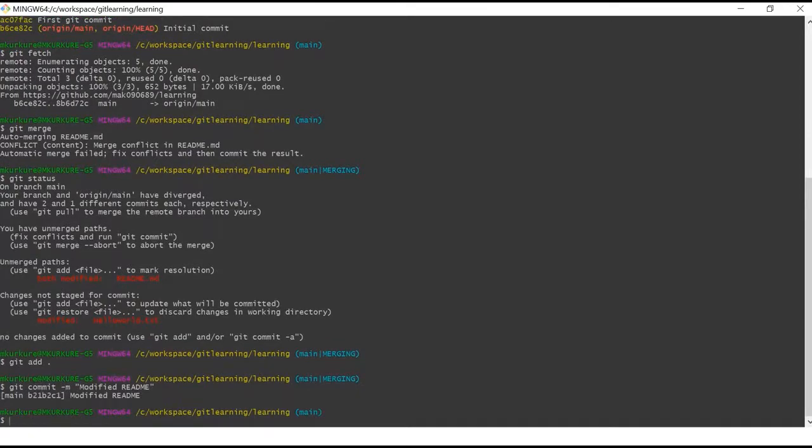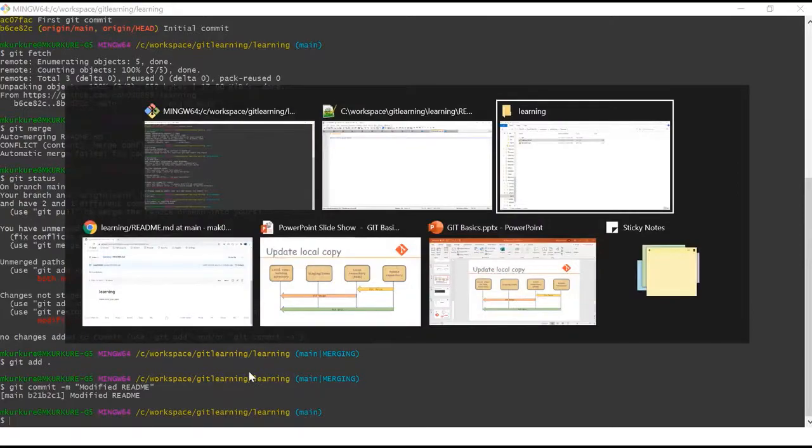Right, so this way you can pull the changes which are done by your peer on the remote repository. You can also use git pull, but we are not going to use it in this exercise. Let's go back to our presentation.